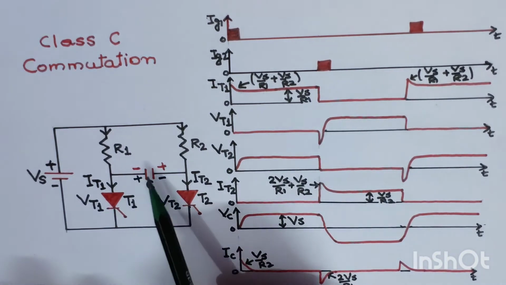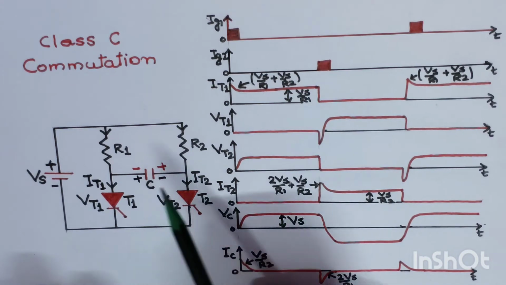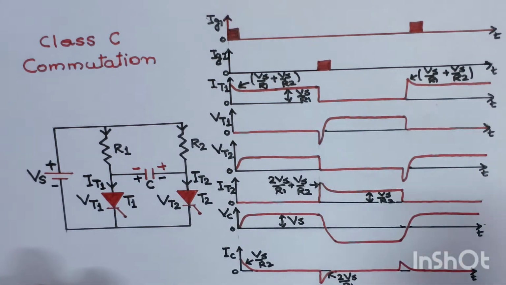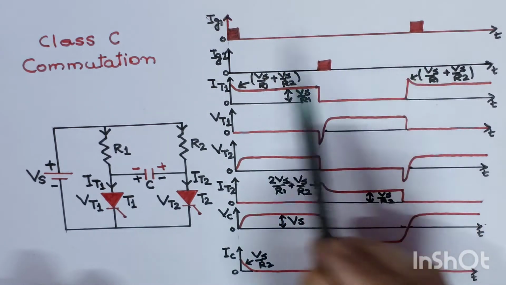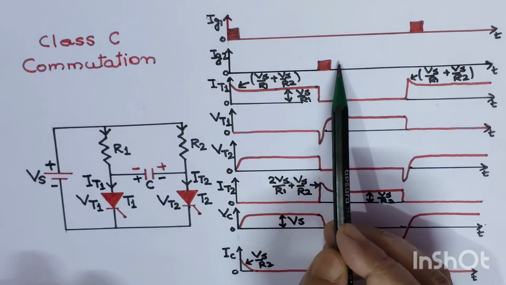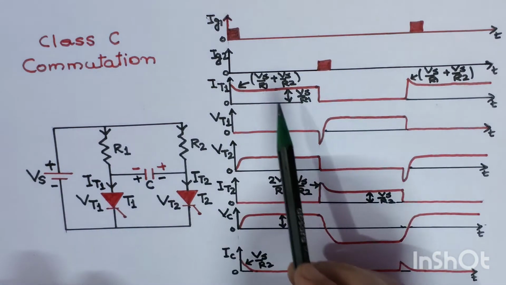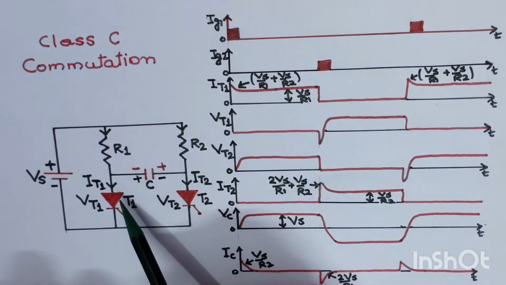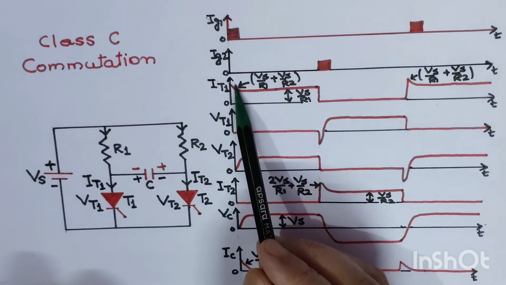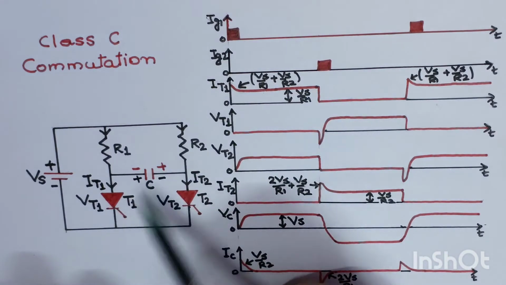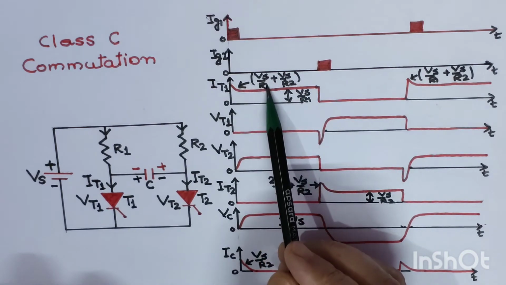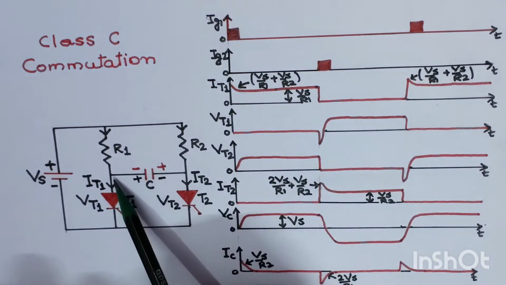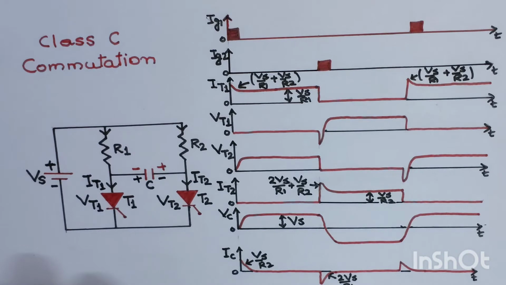Now the whole working operation of this circuit we have to see with the waveform. So what are the waveforms? We have shown here Ig1, which is the trigger pulse given to the thyristor T1, and this is Ig2, which is the trigger pulse given to thyristor T2. Now let us see the first case, when the thyristor T1 was conducting. We have shown with the waveform that current was flowing across the thyristor T1, that is IT1, and the maximum current is flowing, which has been shown here, that is Vs by R1 plus Vs by R2. Two currents are flowing through thyristor T1 in the initial condition.